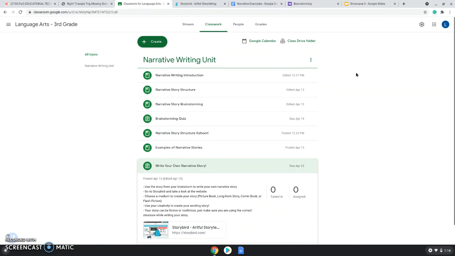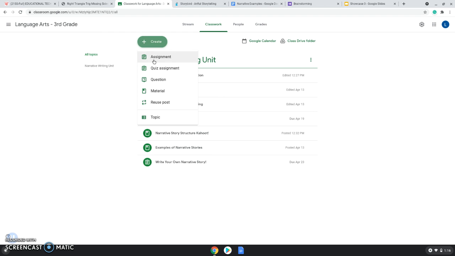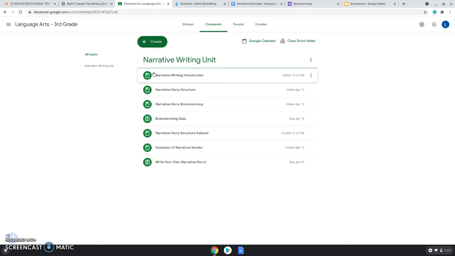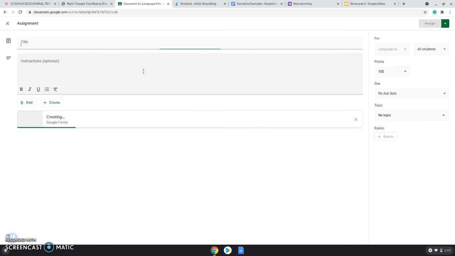So altogether, I thought that the Google Classroom was pretty easy to navigate. Right here you can see create, and there's a bunch of different types of posts. So the material is just for an overview, or I also use that for the introduction, and then the videos and just any other information. And then the quizzes, that uses